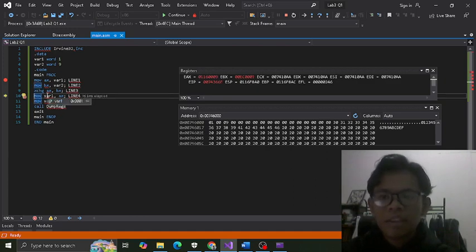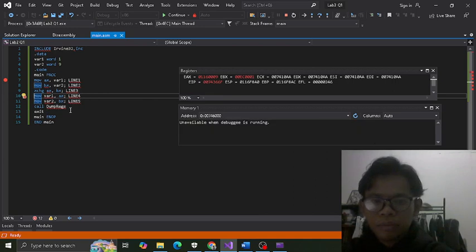Next for line 3, it says exchange AX and BX. It means that we exchange the value of AX and BX. So right now AX is 0009, which before this is 0001, and BX right now is 0001, which before this is 0009. So for line 4,